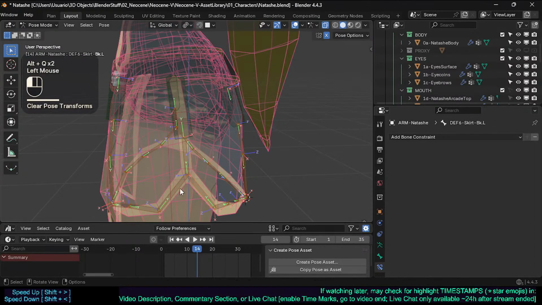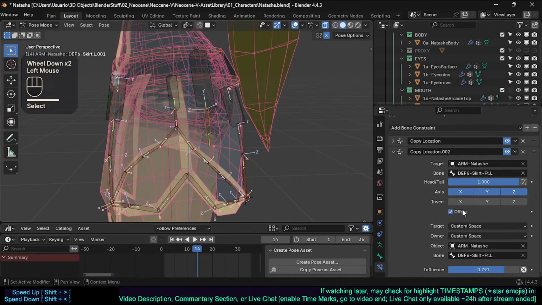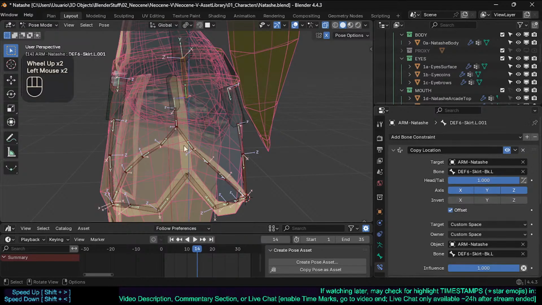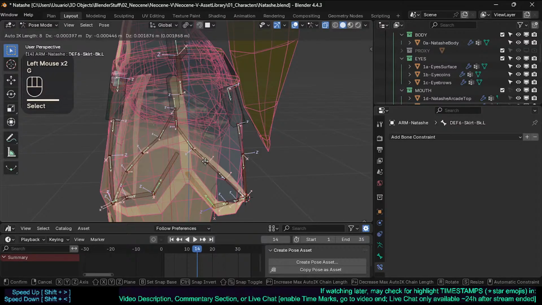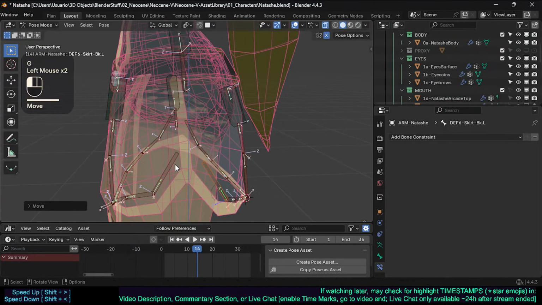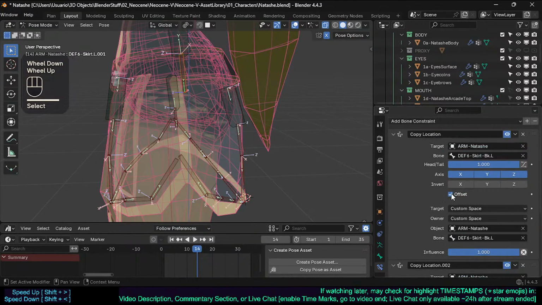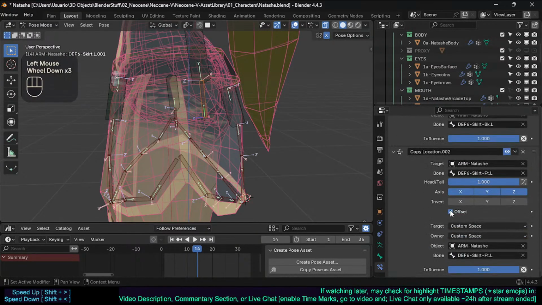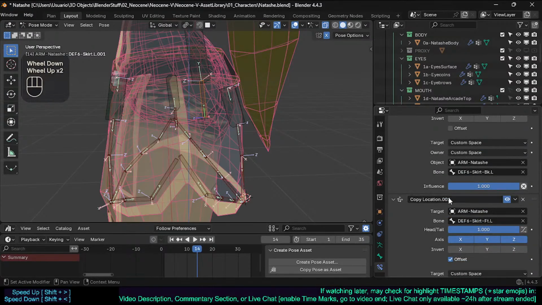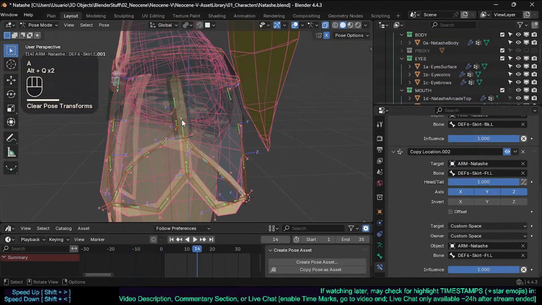Yeah, so it will be offset. I think it can't really do the job, right? It doesn't substitute the mix. So here I'm in a dead end. I don't really know how to solve this with the copy location bone constraint, but you see we can